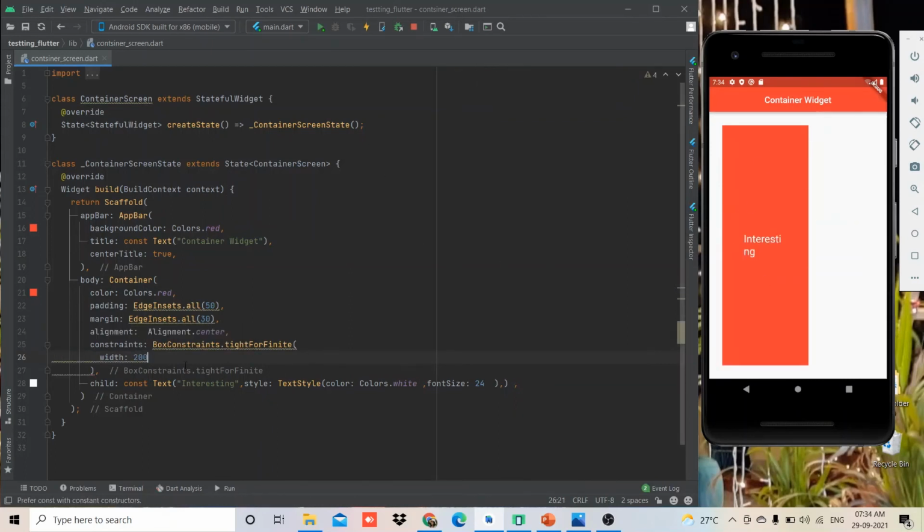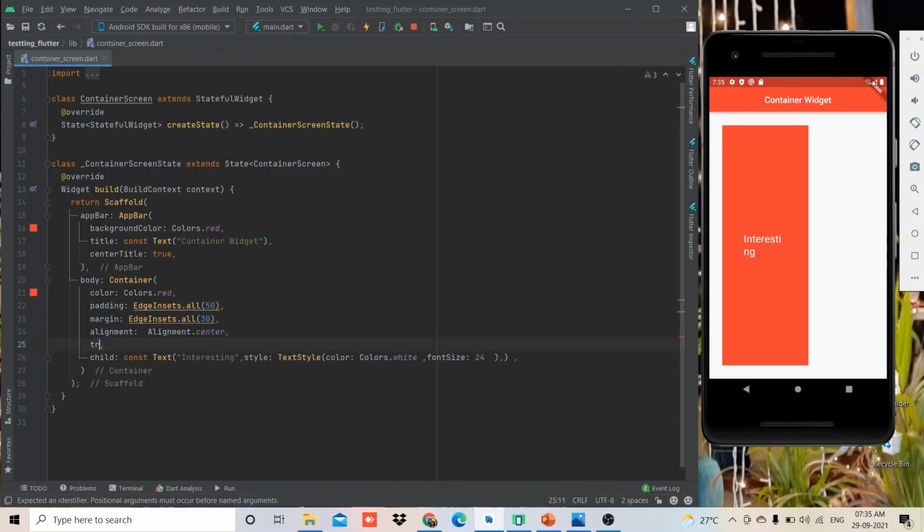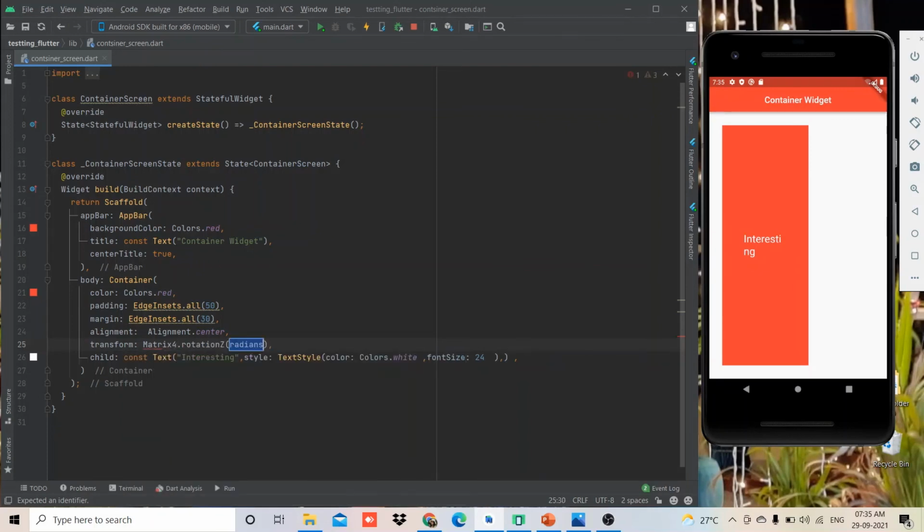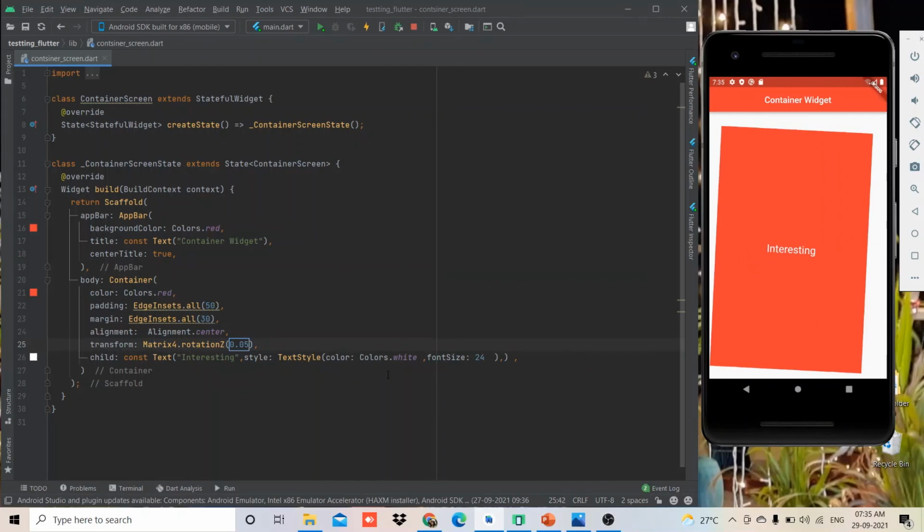Like this. Also, if you want to use some more style, you can add the transform property to rotate your container. Here it is.